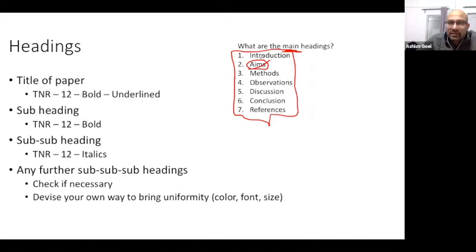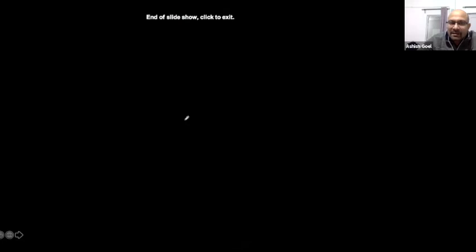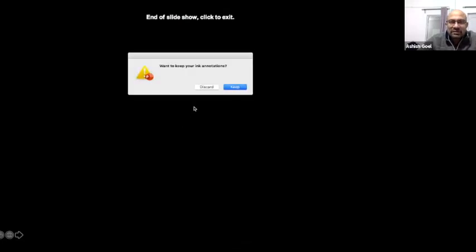It should be appearing as different from the introduction. But all the subheadings across the paper, the level 2 subheadings, should be appearing in the same format. Similarly, level 3 subheadings under the subheading should be following a similar kind of pattern so that one knows exactly where he is in reading the paper. That's about it. That's all I wanted to say